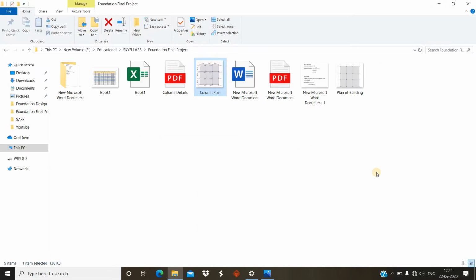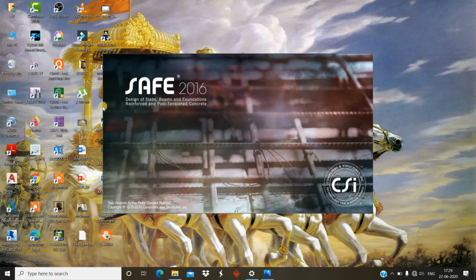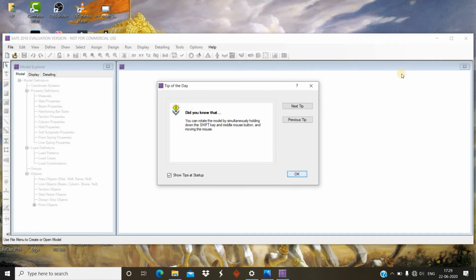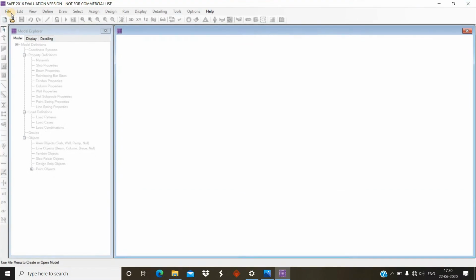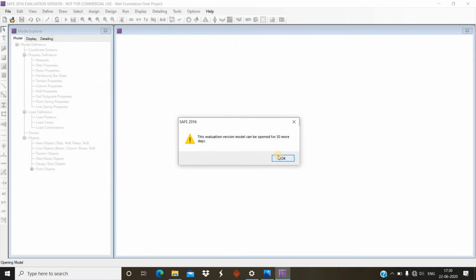Since these are all done in SAFE software, open that SAFE 2016. I had made the mat foundation here, already made.